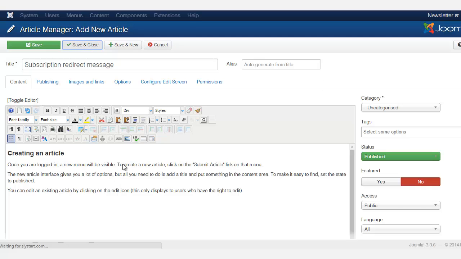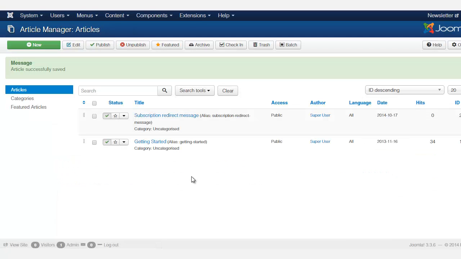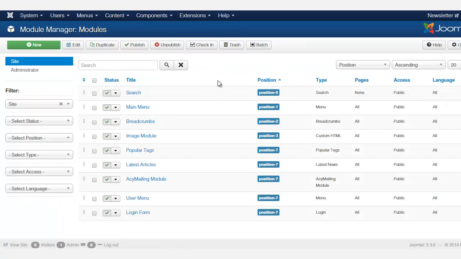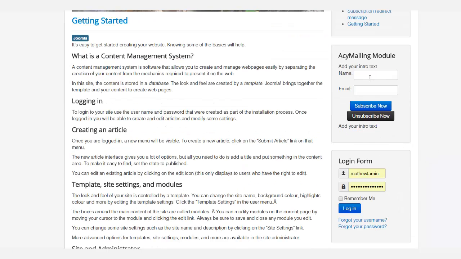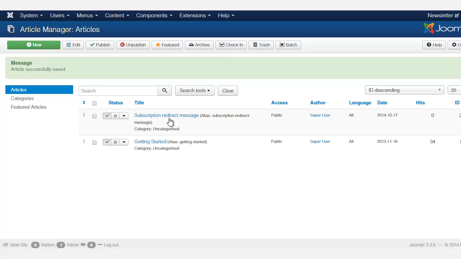So we've created this content, and the goal is that when someone subscribes to the newsletter, it's going to show them this new message that we just created. So let's go over to the module manager. And you want to find out where it says Acymailing module. Now you can change this. You don't have to leave it as that. You can put that. So when someone puts in the information here, it's going to redirect them to that page. Okay, so once we've created this,